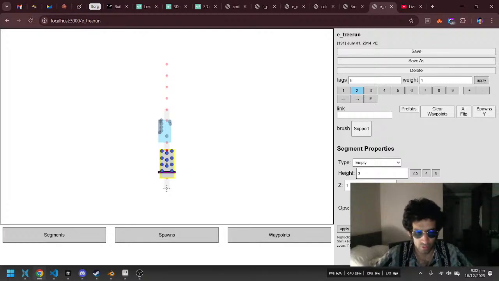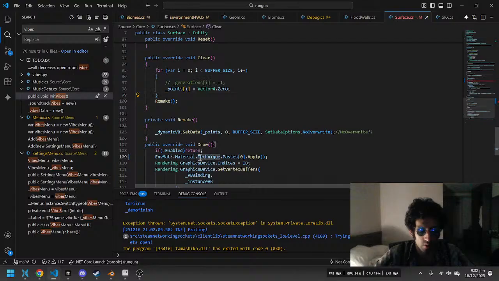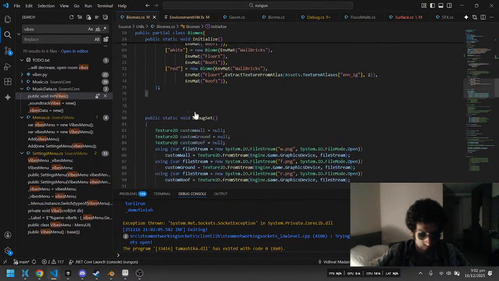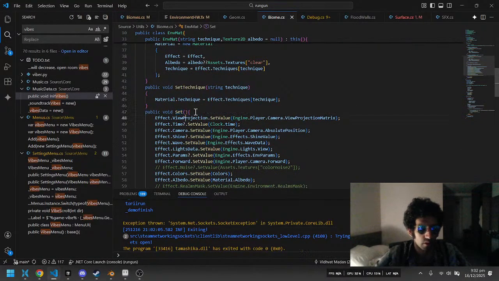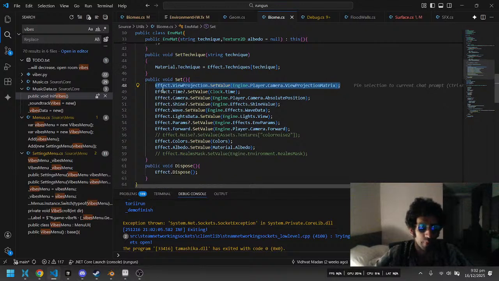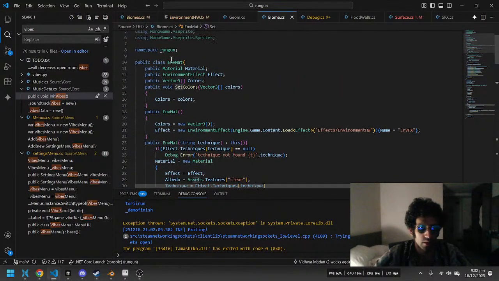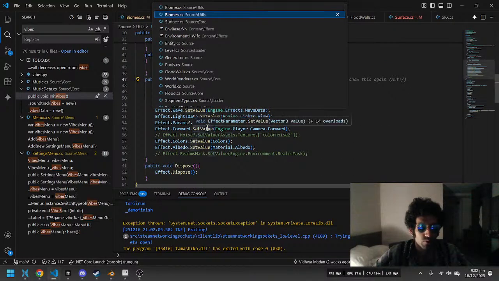Surface. All right. Let's just start with surface 1. Okay. If it is 1, then we should have material here apply. What's going on here? I'll tell you what's going on here. What's going on here is that we are not calling set biome set. All right, this is not happening. This set is inside EnvMat. All right, so what we do is in biomes,